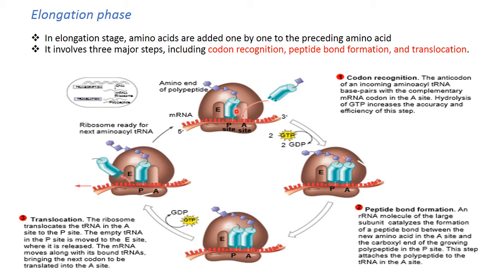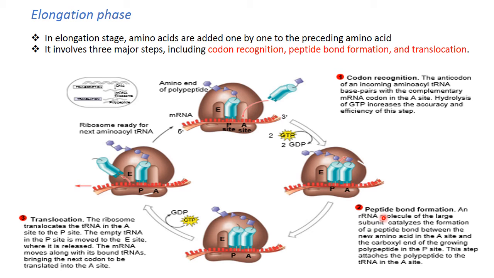And of course here, remember, there's methionine, but now there are other amino acids that have formed peptide chains and everything. So the important thing is just to understand what happens at the A site, at the P site, and at the E site. So firstly, an amino acid that has an anticodon that is complementary to that of the mRNA will bind to the A site, and then after that we'll have a peptide bond that will be formed, and the formation of this peptide bond will be catalyzed by the